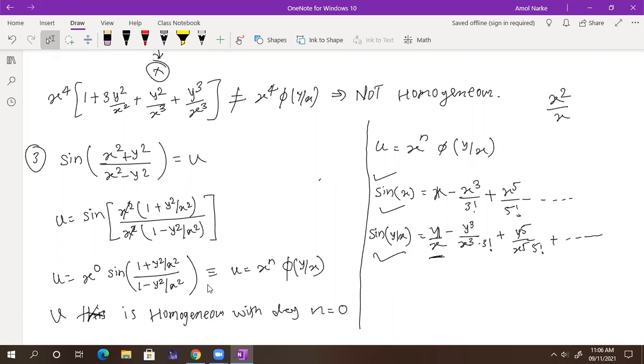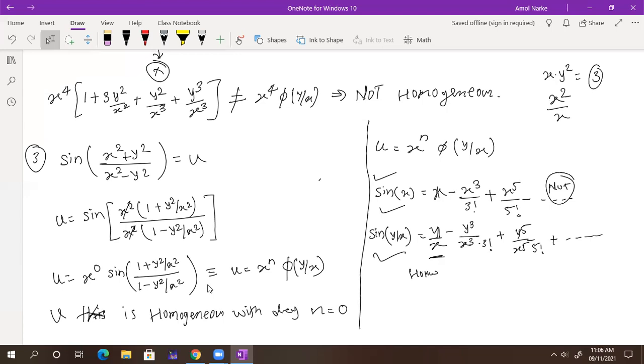When I talk about the degree of x square y, you say 3. Why is it 3? You are adding their degrees, 1 plus 2, 3. Here we have division, so you need to subtract their degrees. So 1 minus 1, 0. Here 3 minus 3, here 5 minus 5. Whatever the next term you get, that becomes 0. So it is homogeneous. Got it, everyone? Someone is saying, sir, sine is always not homogeneous. It is not always. If you have a function like that, then it is homogeneous.